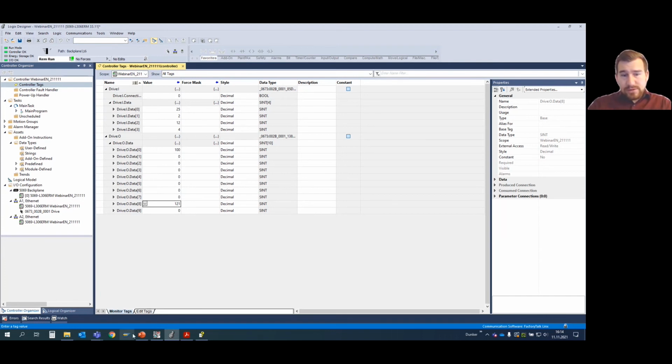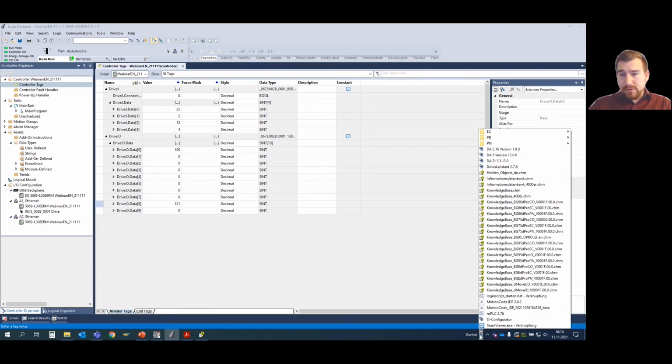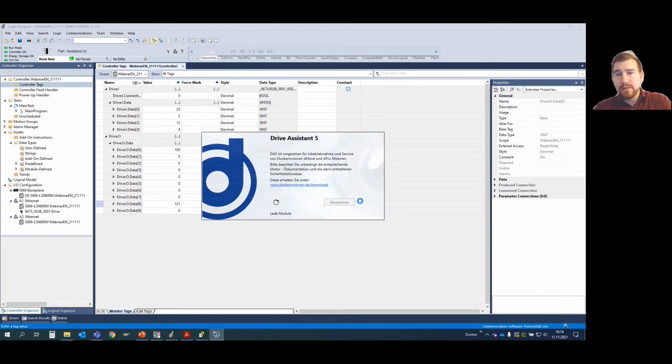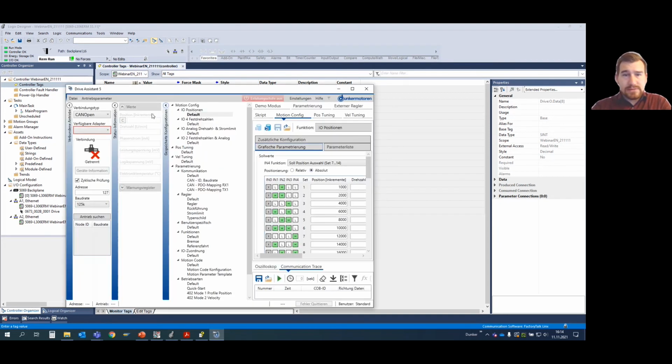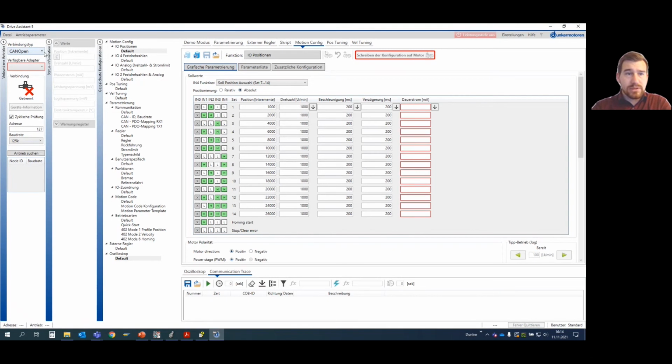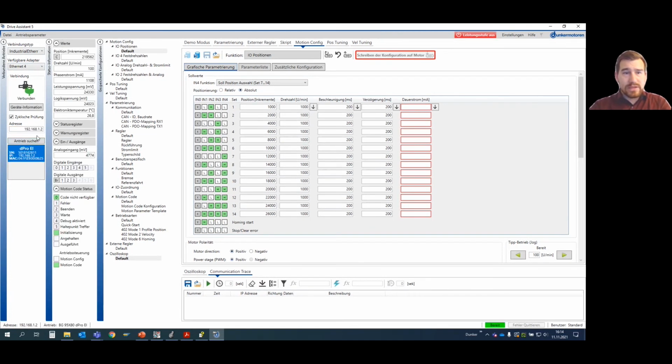I think you can't hear it, so I will show you. Therefore, I open the Drive Assistant 5. It will take a little moment. And for anybody who knows our Drive Assistant, it's quite simple. You can use it parallel to the EthernetIP bus. And if you select the right connection, you are connected to the motor, and you can see here that I'm running with